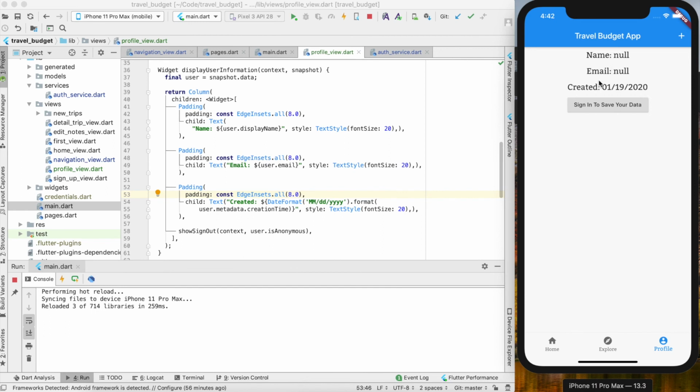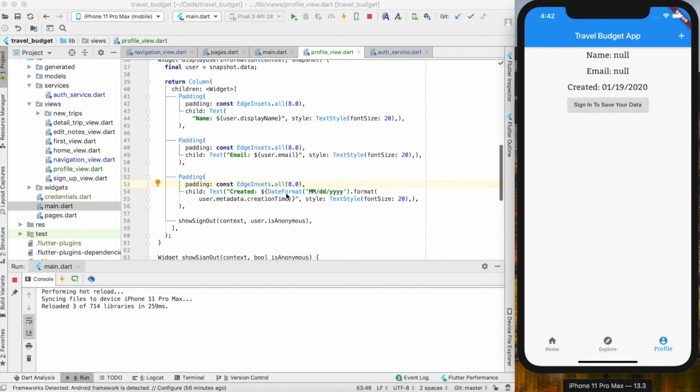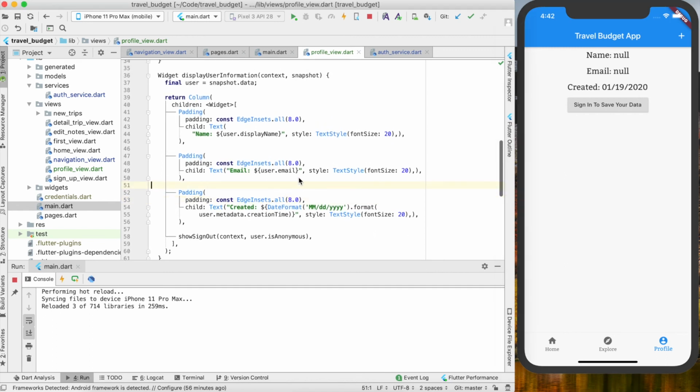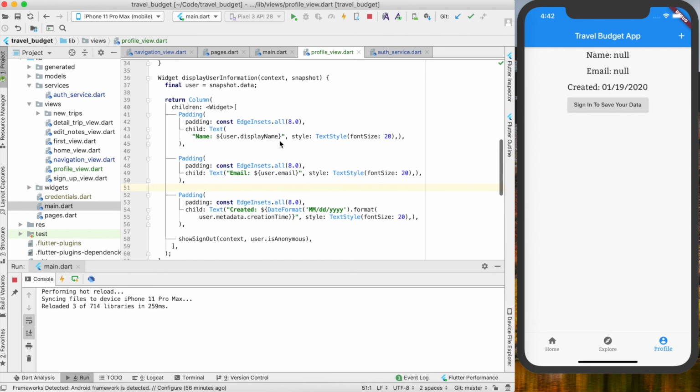That doesn't look great. There are a few ways we can handle this, one of which is not to display this at all. Another one is to just leave it blank. Another one is to write anonymous instead of null. We're going to go with that third one there, but all of them, it's kind of personal preference of what you want to show. So to change the name to anonymous if it is null, it's actually pretty simple. You can do 2 question marks, which is basically going to check if this variable here is null, and then if it is null, it's going to do this over here instead. So we can put anonymous,